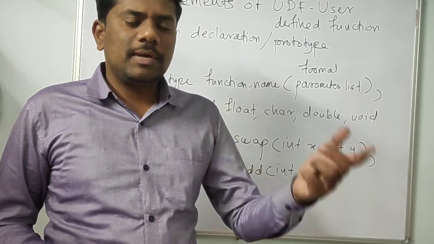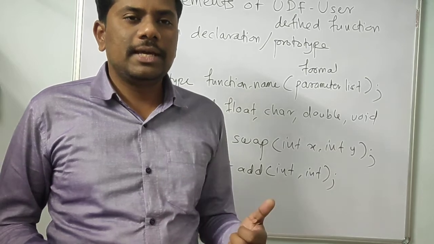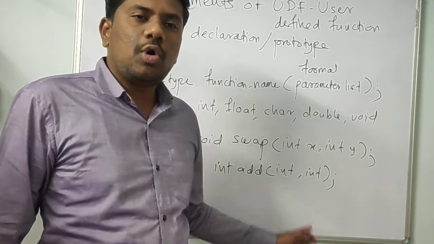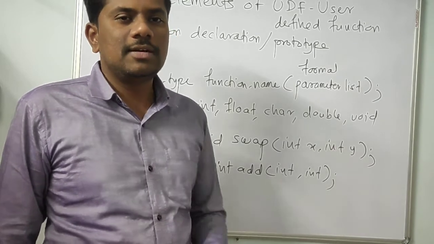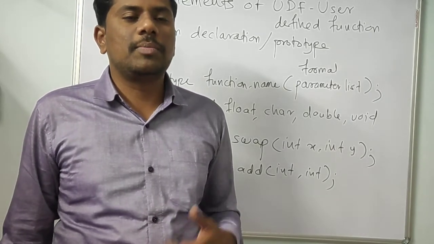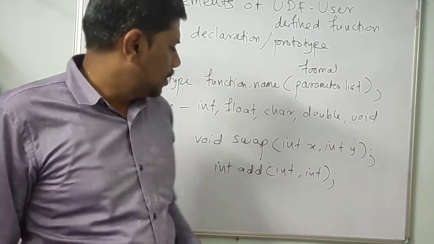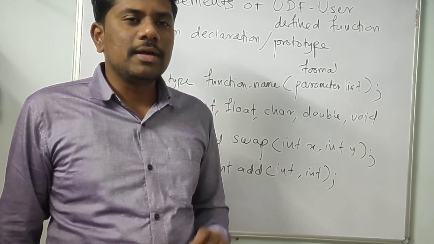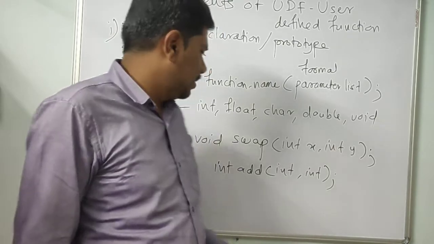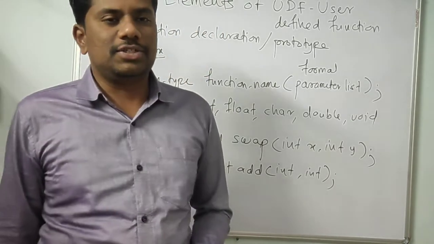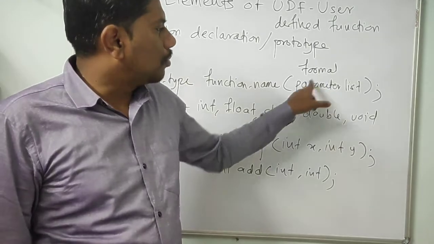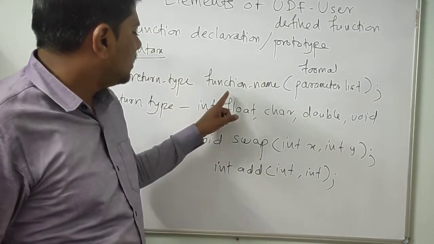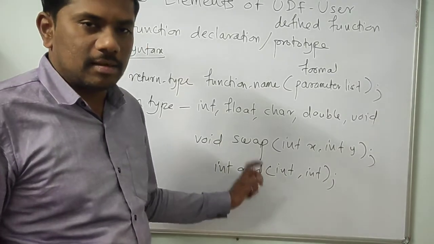There may be some problems at linking time. So as a good programmer, you should always declare functions. That will reduce the effort or burden on the compiler. Though they are optional, you should add them. So this is what function declaration is. Remember that the formal parameters are present in function declaration. So this is the syntax and these are the examples.